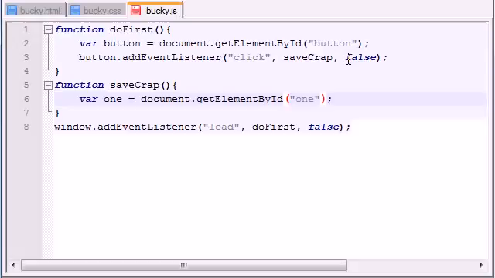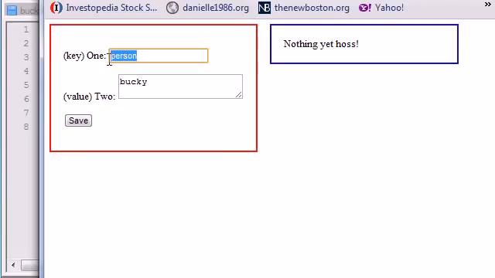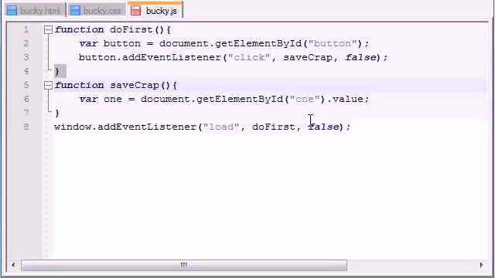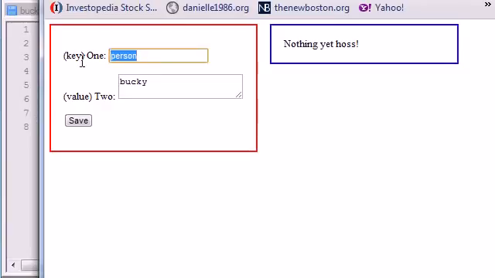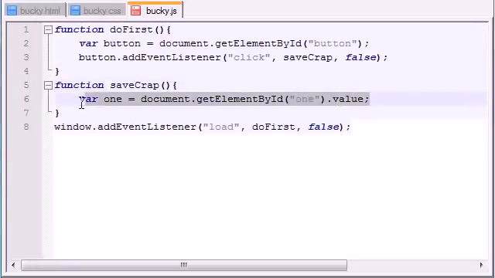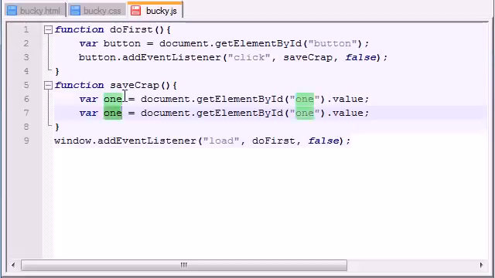We need to set it equal to document get element by ID 1, the value of it. Because the value of basically a text area is the contents inside that area. So basically whatever we typed into that text box, it's now going to be stored in the variable 1. Simple enough. So basically now 1 would be equal to the word person. So now we just need to do the exact same thing with another variable. So 2